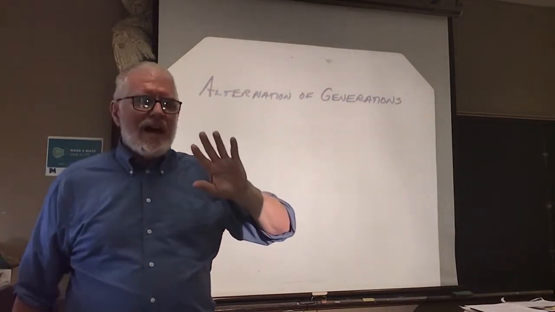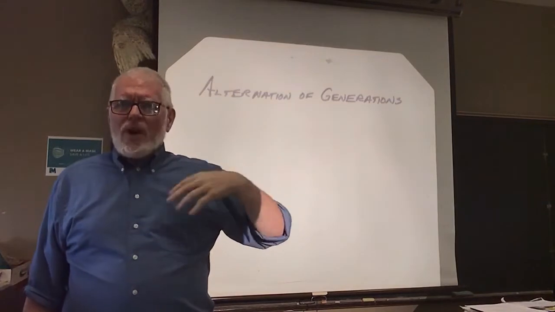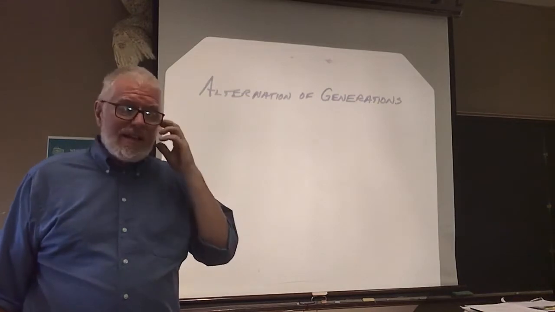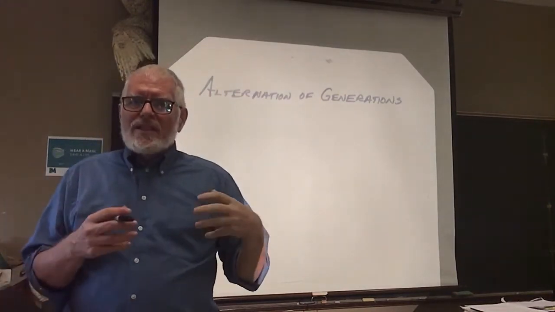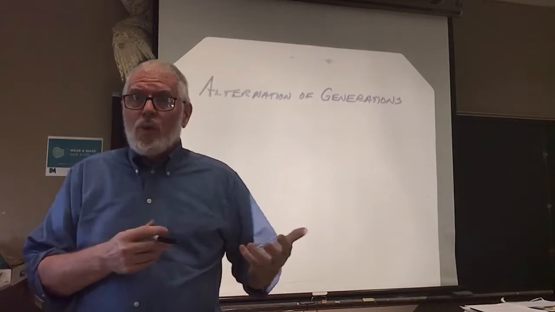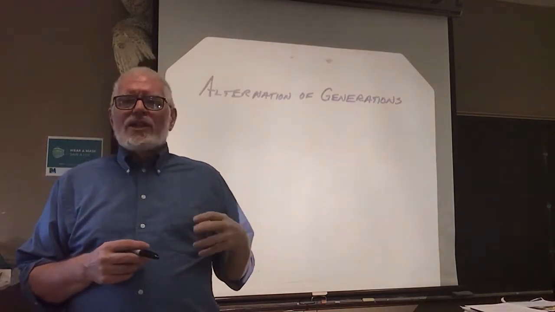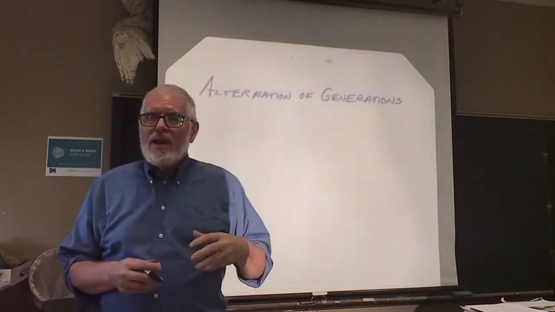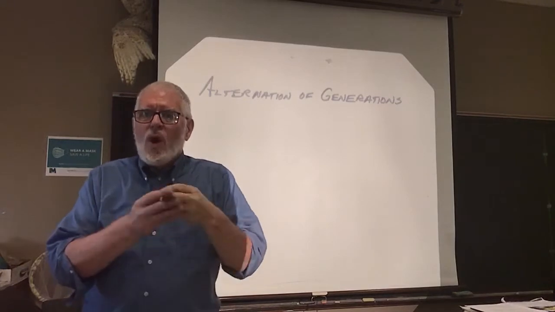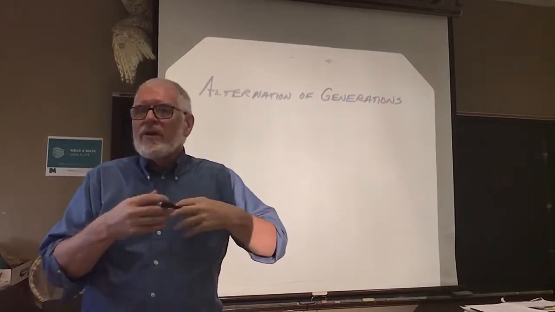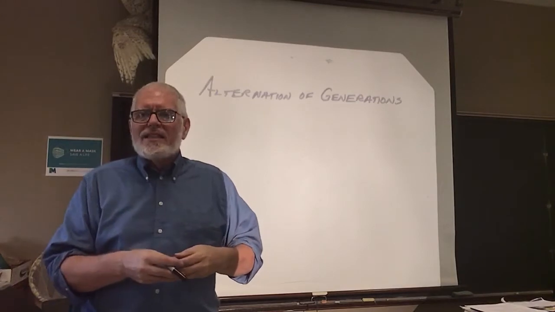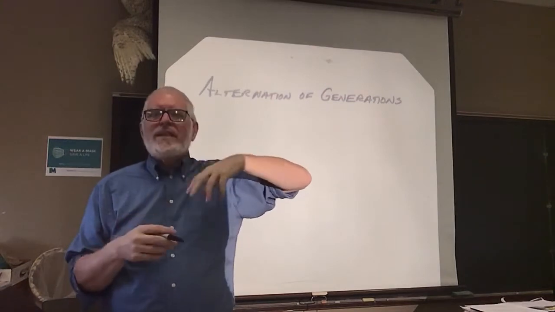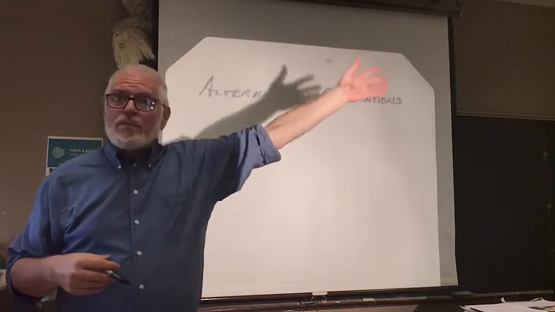You find this in land plants. We'll talk about this later in the semester. When land plants first invaded the land, they still had not lost the need for open water for the sperm to swim to the egg cells. And so they developed an alternation of generations approach where the sexual stage was very small and on surfaces that could accumulate water, and the sperm could swim to the eggs. And then the sexual stage became a bigger stage that could produce sexually copied airborne spores to spread the plants